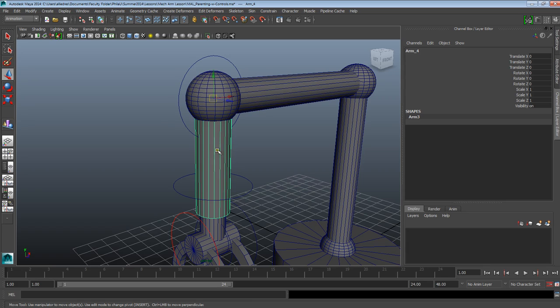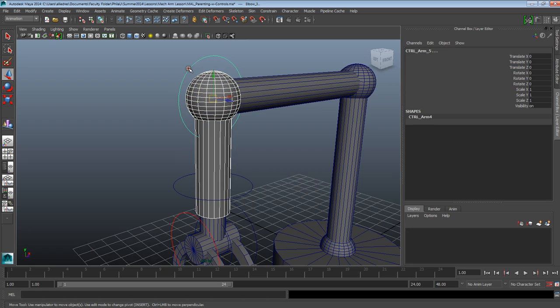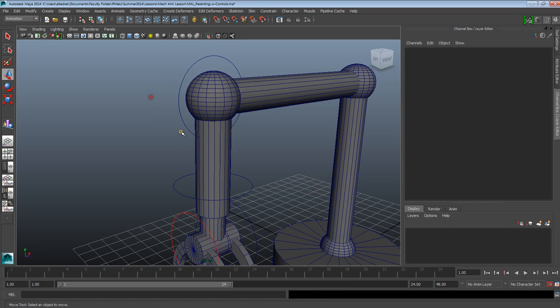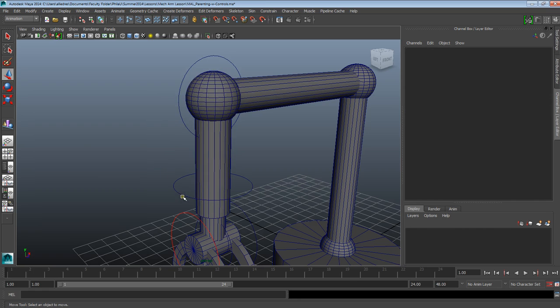I need to make sure that this piece of geometry is following along with that control, and I need to do the same thing with this one. So I can do one of two things. I can select this object and parent it to this one, or I can select both and just assign them to this control. So I'm just going to do that. So P. Alright, so now these two objects are going to follow along with this control,